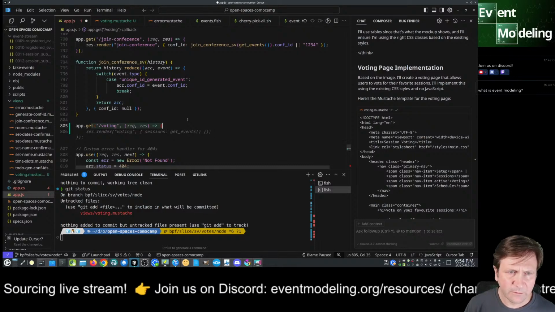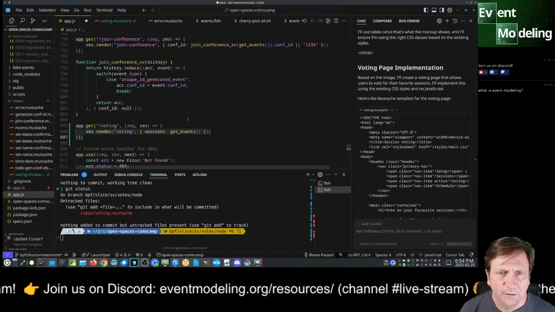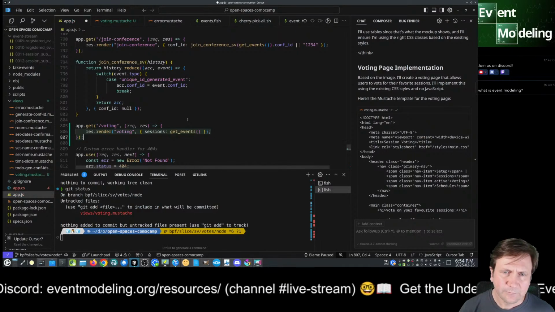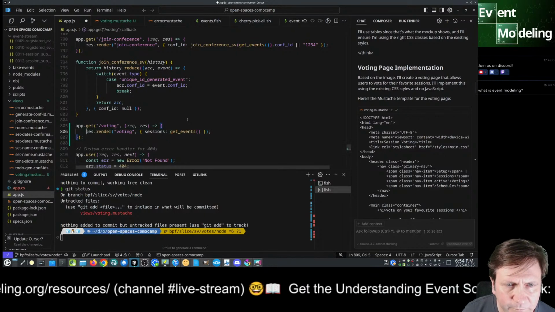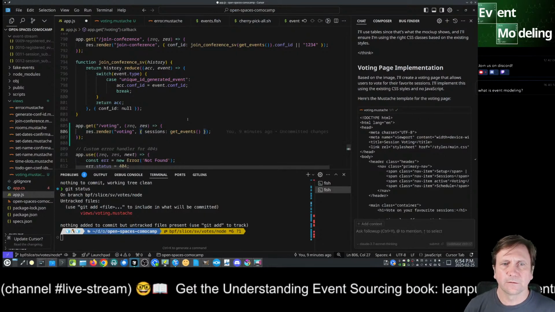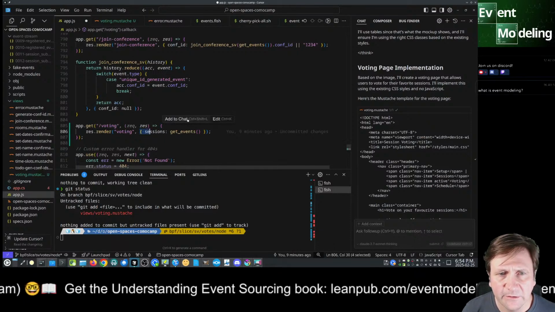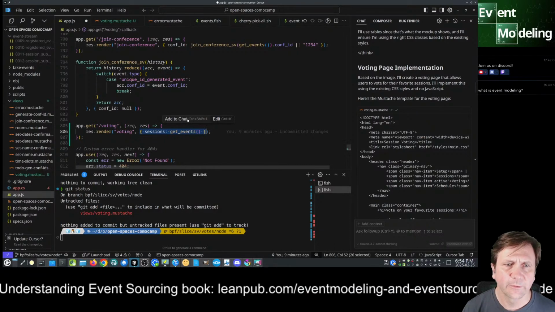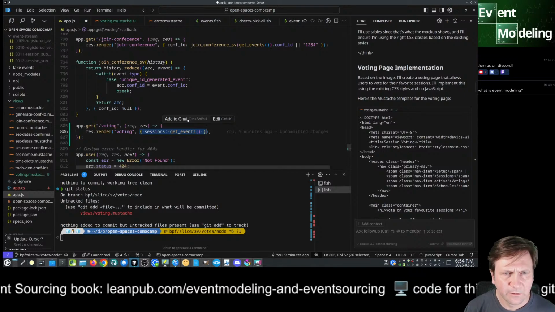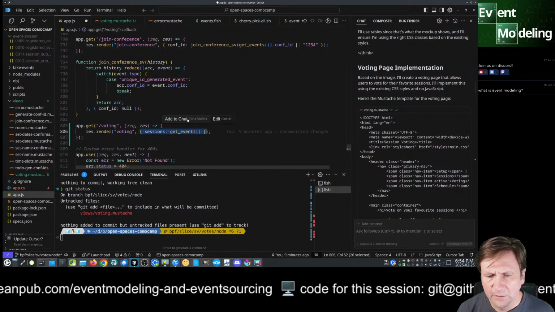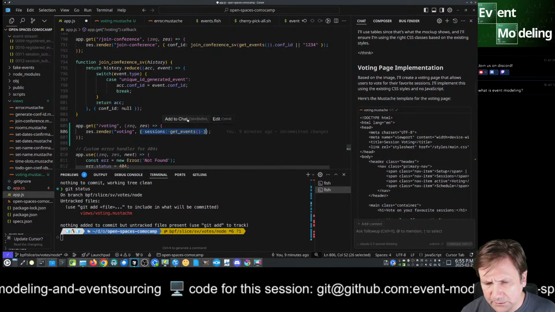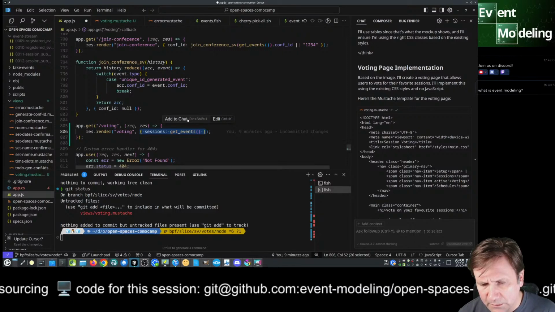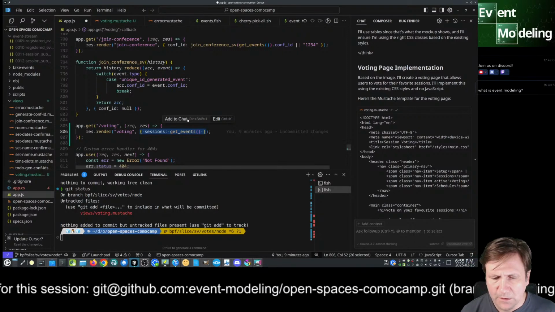Oh, it knows what the hell. Not that. We want a function called